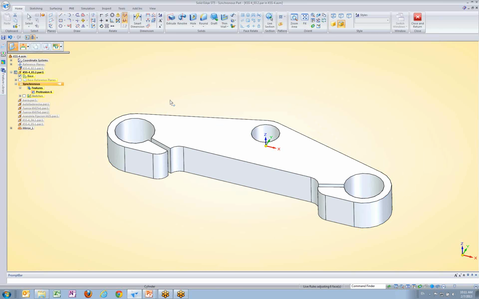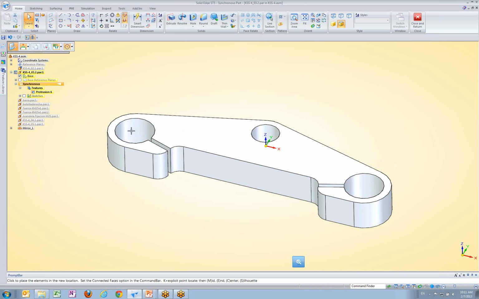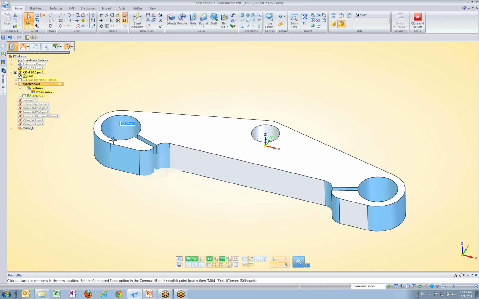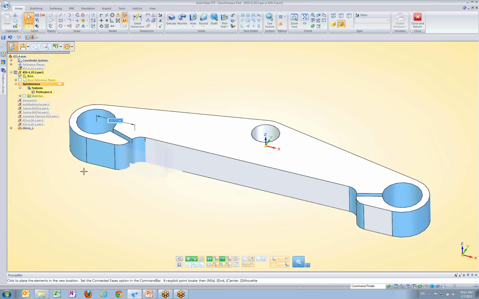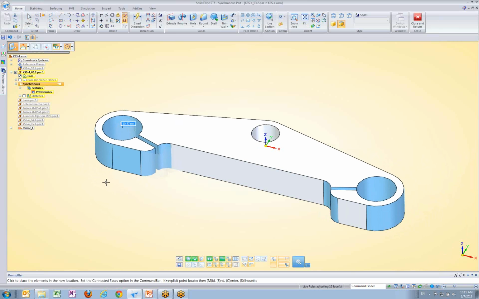Similarly, if I just hit escape to get out of that, I can put a box around a whole bunch of geometry, this whole piece over here, drop my steering wheel on that feature, and this time I'm going to readjust my vector, and you can do that with these directional controls. But just to show you, now I'm going to move that feature out, and you see that synchronous technology will automatically pick up on symmetry, which can be overridden, but right now it's recognized symmetry, and it's maintaining that design